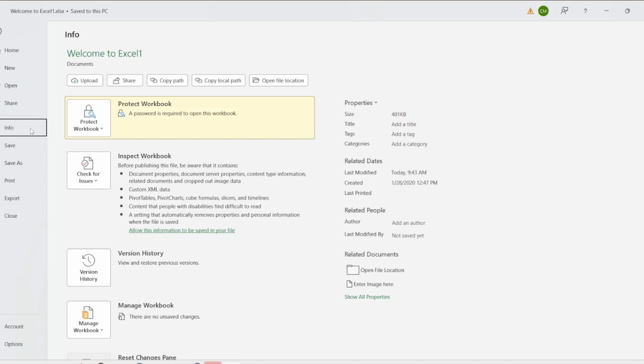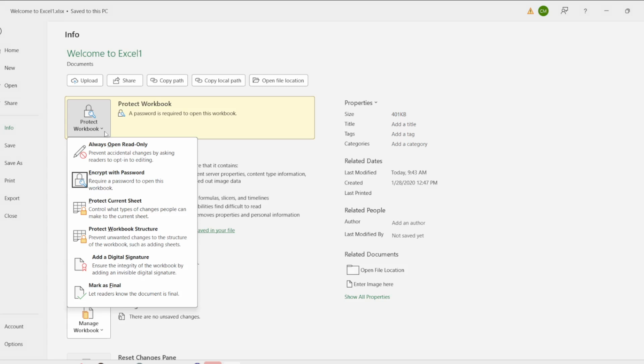Now click the Protect Workbook button. This button will typically be found in the Info section. When you click it, a drop-down menu will appear, revealing several options related to file protection. This action is crucial as it gives you the ability to manage how others can interact with your file. Understanding these options can save you a lot of hassle in the future, especially if you want to prevent unauthorized